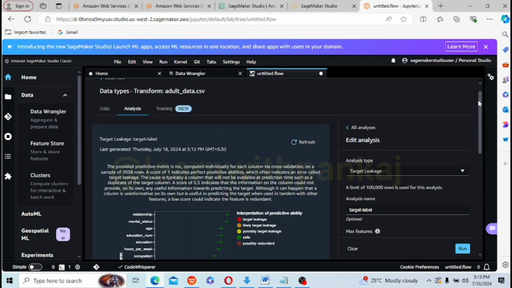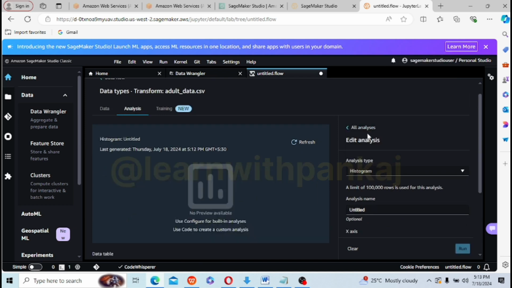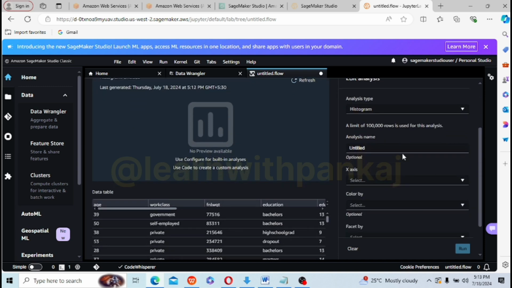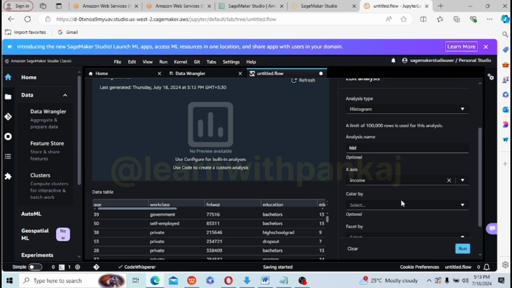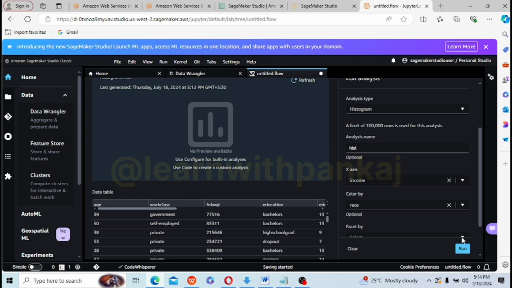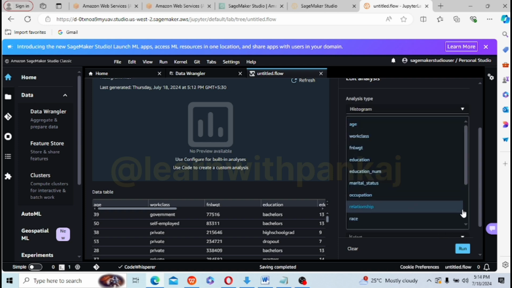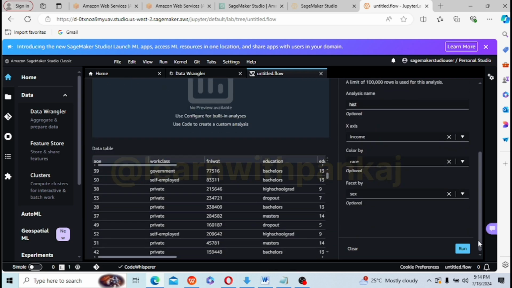Let's do one more analysis. Let me try to do the histogram. I have to create a histogram, and I will give it a name, hist. The x-axis could be income, right? And color by, let's consider race, and faceted by sex, and try to run it.